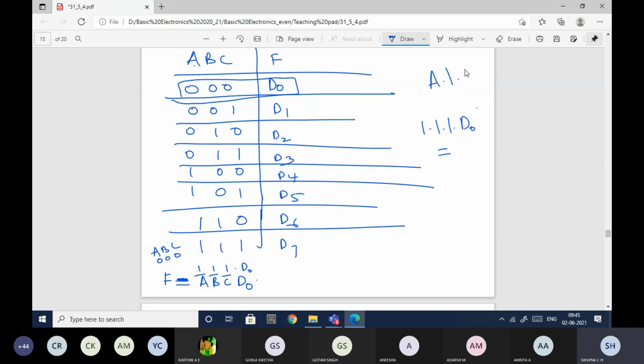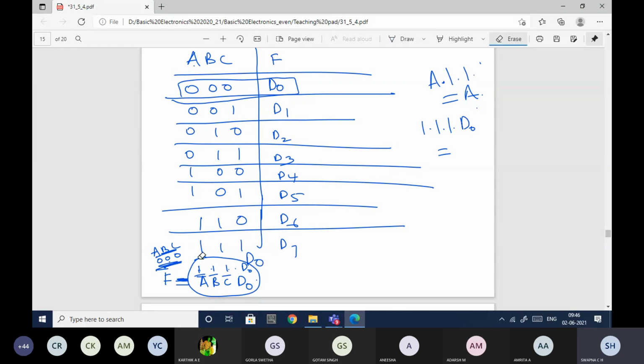A AND operation with 1 gives A itself, right? So if my ABC values are 0 0 0, then A bar will be 1, B bar will be 1, C bar will be 1, and D0 will be there. So I may get D0 alone when the ABC values are 0 0 0.